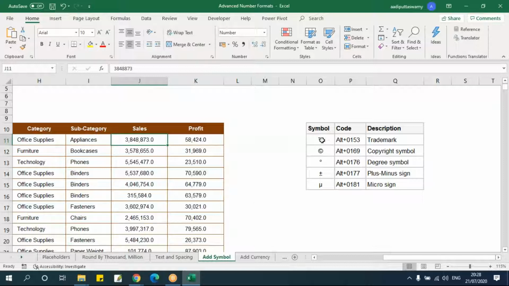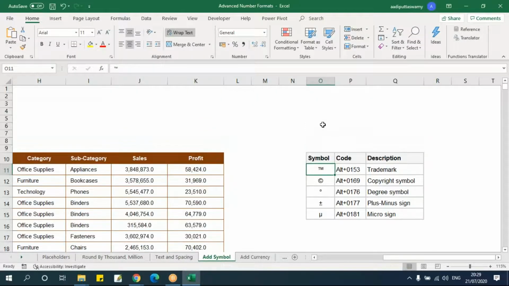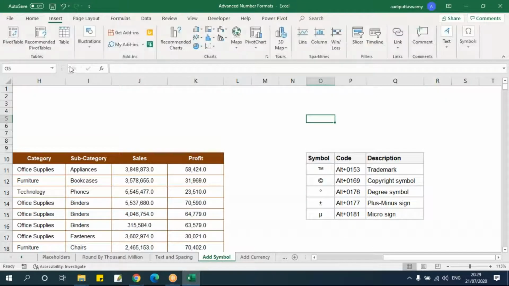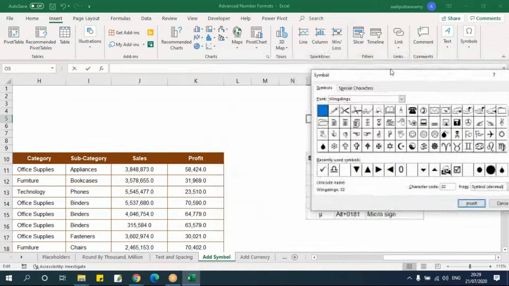These are some symbols which you can get by using these codes. You can press alt and press this code, you will get these symbols. Or you can also go here. Suppose if you think this is a little difficult to get all these symbols, I can go to this insert and click on this symbol, and then you'll have a lot of symbols.